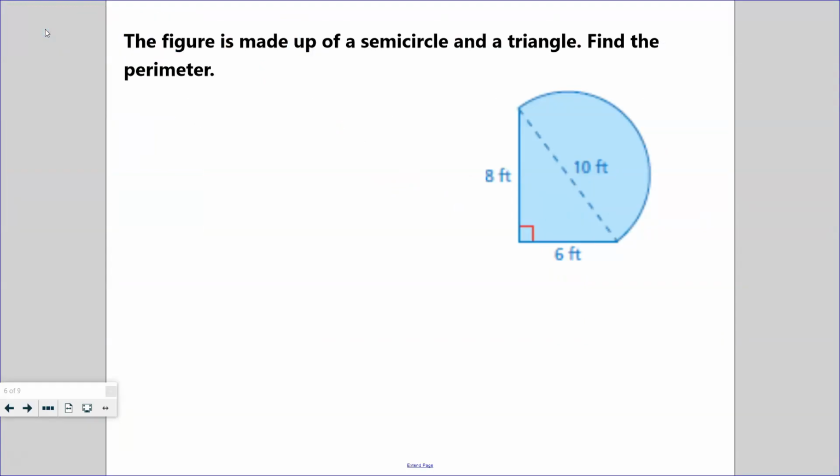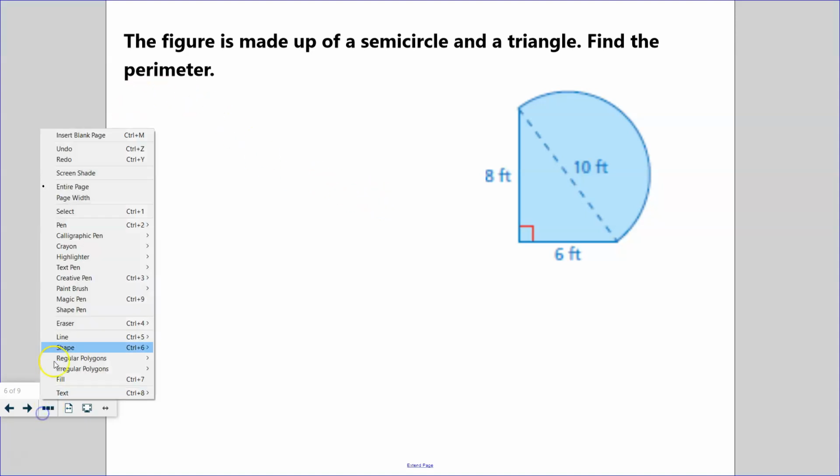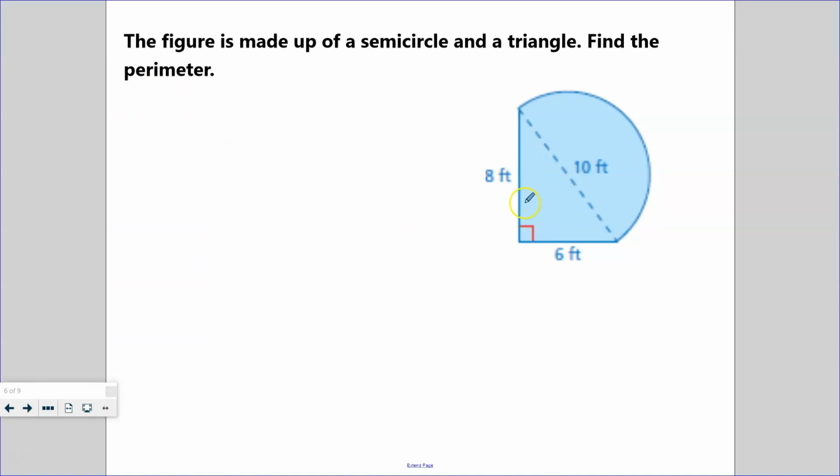All right, so now it says find the figure. The figure is made up of a semicircle and a triangle. Find the perimeter. Now we're not actually estimating, right? But we can do an estimation to help us. Okay, well, what do we think? So we know that this is 8, this is 6, right? So we know that this distance right here is 8, so we have 8 plus 6 plus